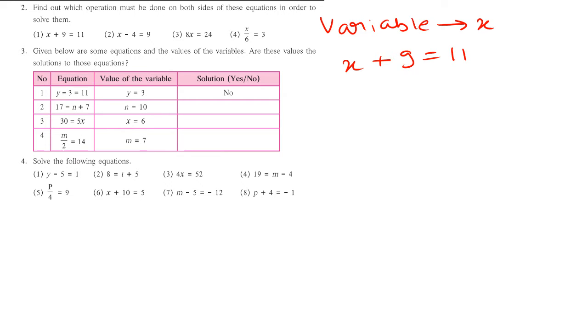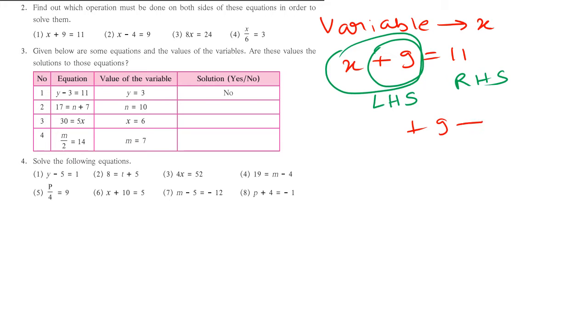So what you do is, you see this 9 with this sign, the sign is plus. So you have to shift 9 to the other side. 9 is on the left hand side, written as LHS. 11 is on the right hand side. x plus 9 entirely is on LHS. You have to take this to the right hand side, so the sign becomes opposite. Plus 9 will become minus 9, therefore x is equal to 11 minus 9, and therefore x is equal to 2.